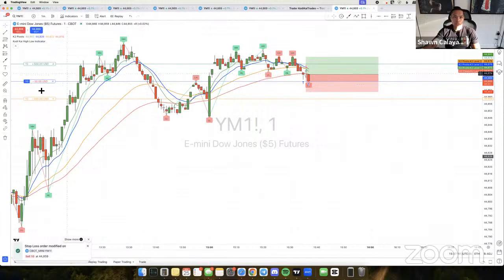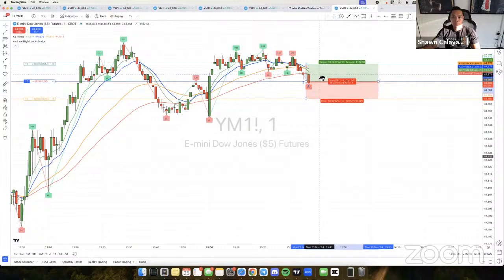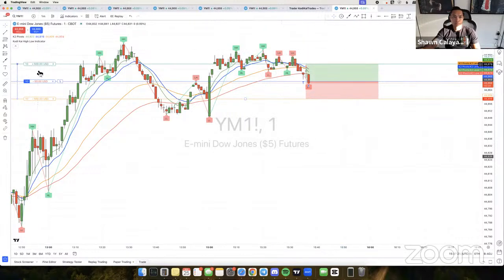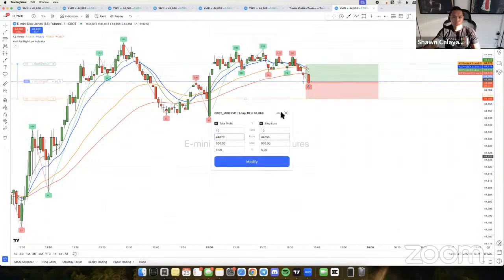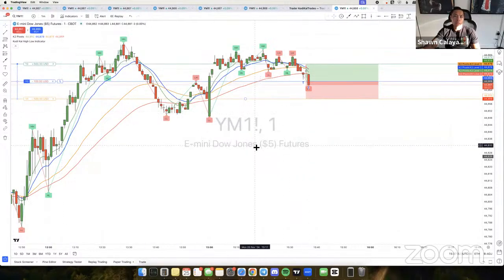And then if you want to adjust your profit target, you can always make this closer. Say this is too high for you and you want it to go over here. You can just adjust this. It's all drag and drop. Super simple, super straightforward. But again, you can just play around with this. This is something that you can play around with until you're ready to actually trade real money or trade with